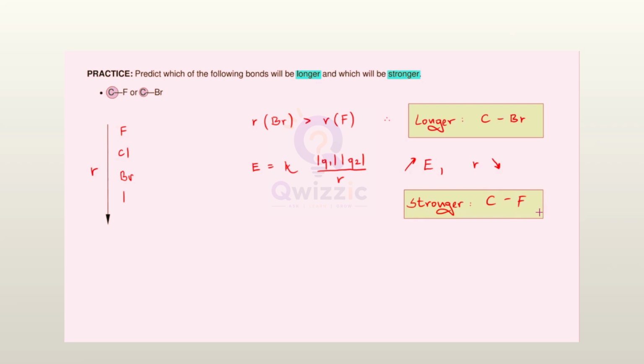Well done. So let's review our findings. The longer bond is the carbon-bromine bond because the atomic radius of bromine is greater than the atomic radius of fluorine. But the stronger bond is the carbon-fluorine bond, since it is a shorter bond. And the shorter the bond, the stronger the attraction force between the two interacting charges based on Coulomb's law, which